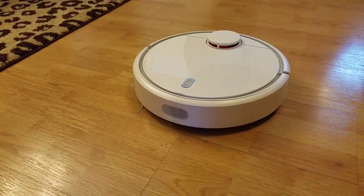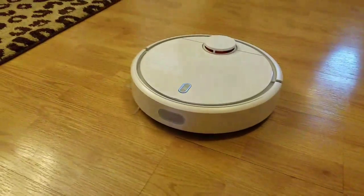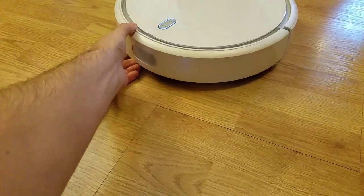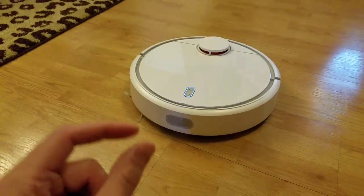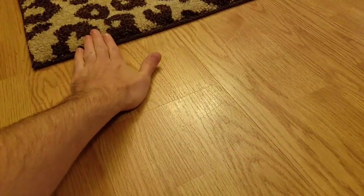One of the problems with the vacuum is it doesn't have a wheel on the back. So it has a rotating wheel on the front that'll turn it left and right, and I'll show you this shortly. And it doesn't have a wheel on the back. If it had a little wheel on the back, when it hit a rug of this height, that wheel would